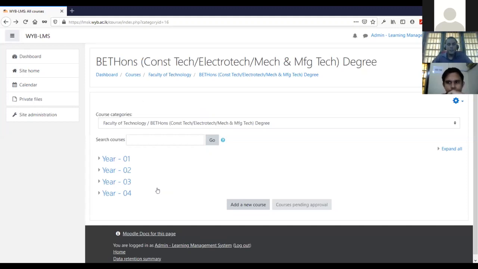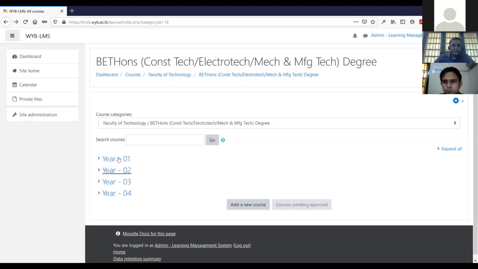For the moment they have been trained up to a certain extent that they can manage the present requirement. So we are going to train them a little bit more advanced in the future, so they can train that back to the faculty, so they can incorporate those facilities at the faculty level as well. So that is how the categorization and other managing works.